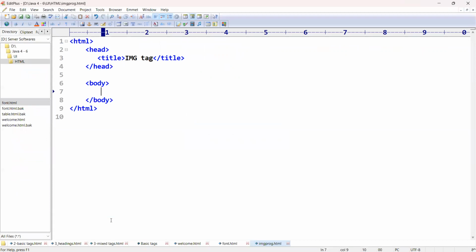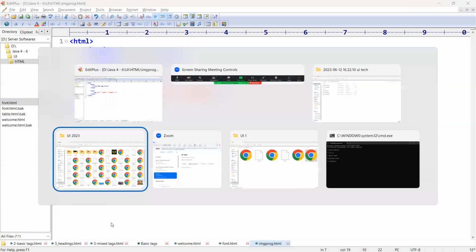Now see this, Ravi. We'll have the IMG tag here, and we'll have SRC. SRC means source. Okay, source of the image. Source of the image, and we will have some width of the image. ID, this is ID. Height attribute and width attribute of the image. Let us say we have a